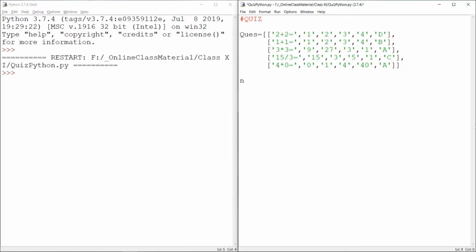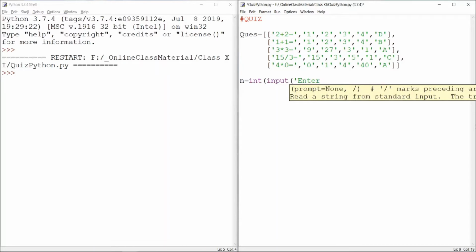Now let us ask the user how many questions he would like to play, right? We can give the option to the user: enter the number of questions you would like to play.